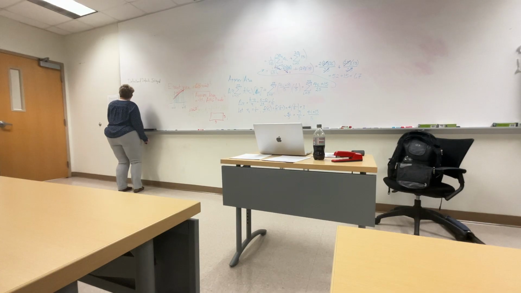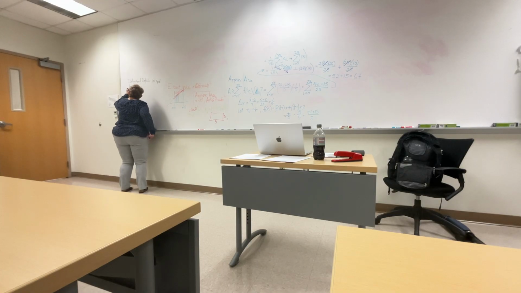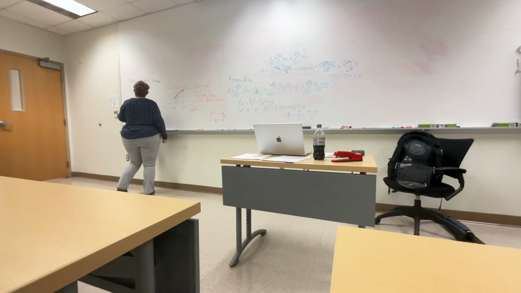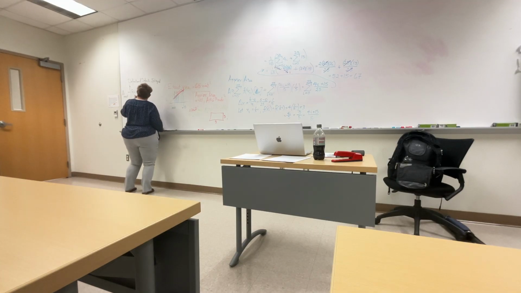So this symbol, an elongated S from a to b of f of x dx, where the dx and the elongated S together mean integration, is equal to, so this is the exact area, the limit as n goes to infinity of,